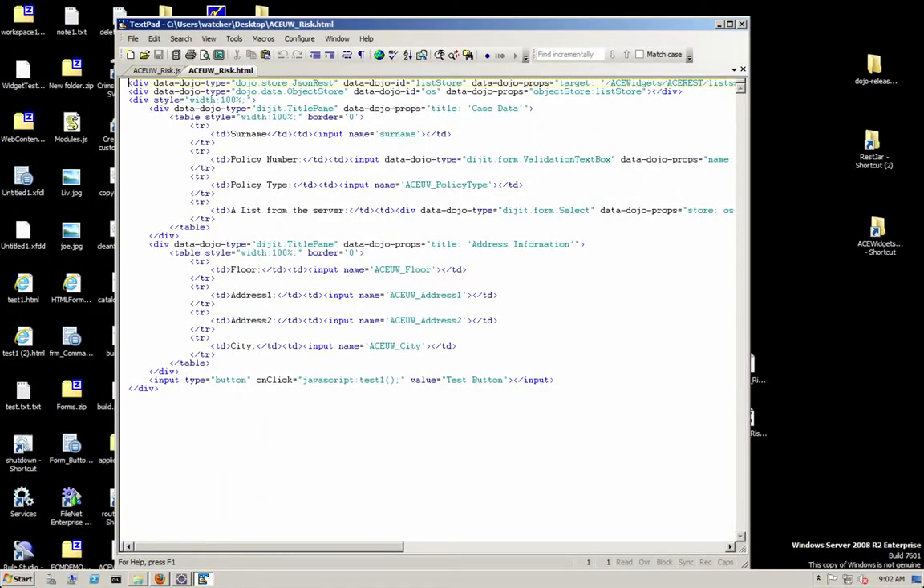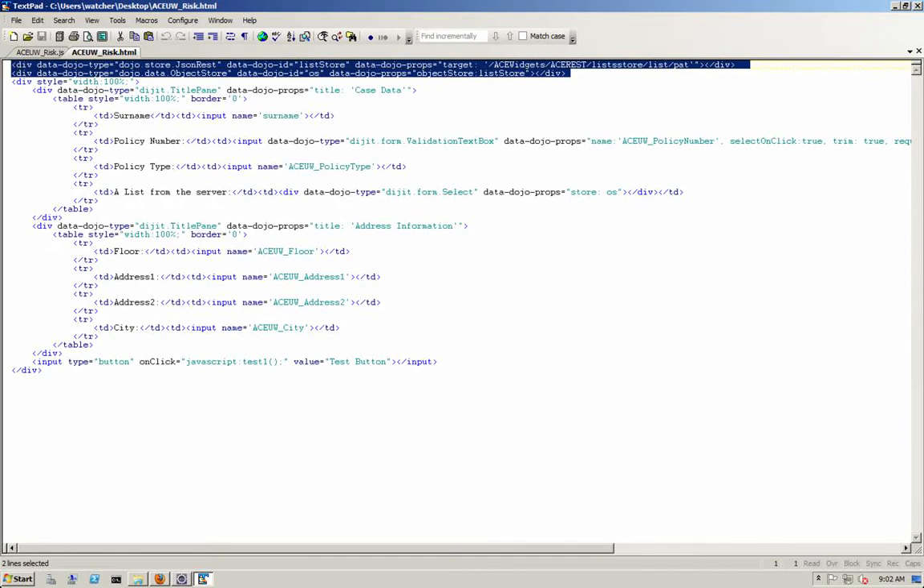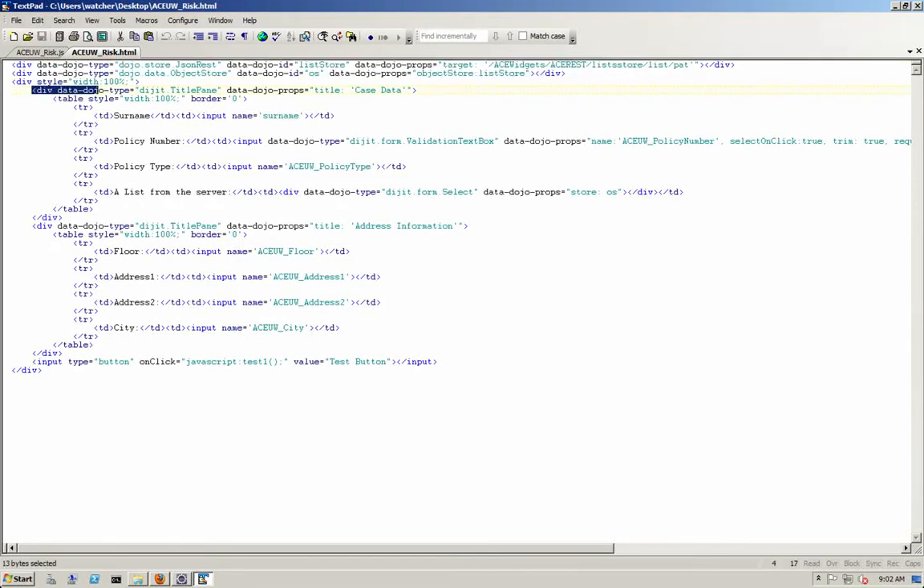This is the stuff I've been working on. This is the equivalent form markup. This part here is to do with a list coming from the server. This is a